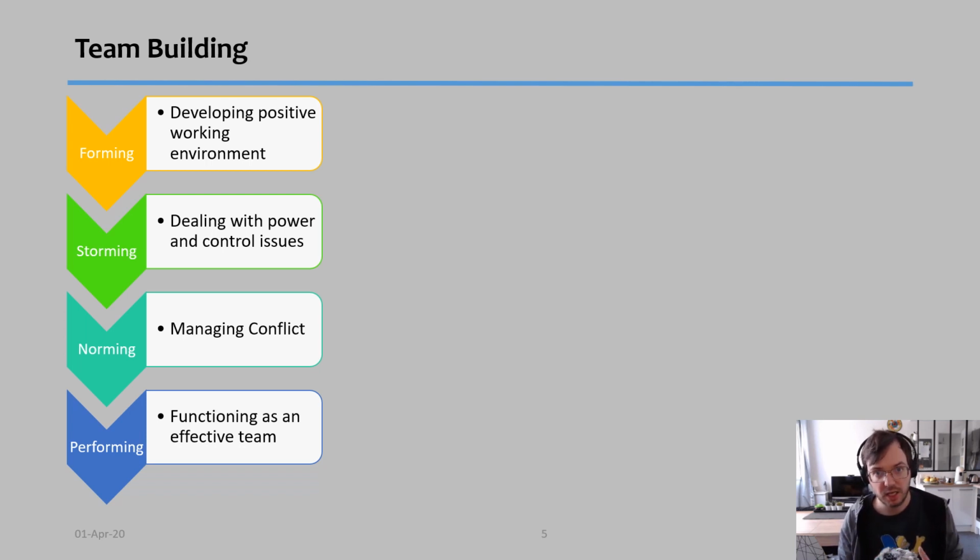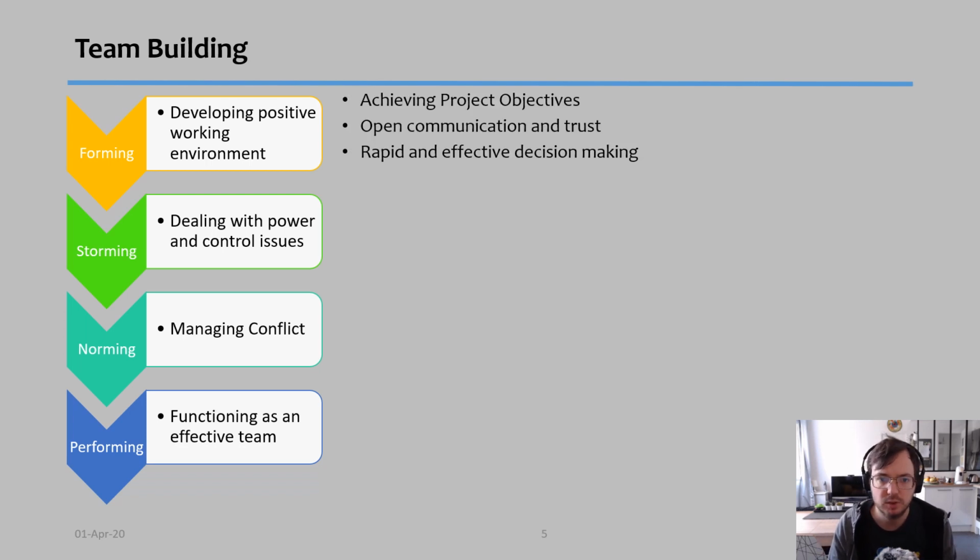The bigger the change, the bigger the duration of the storming phase. So what do you need to do? In each one of the phases, well, for the forming, your goal is to achieve the project objectives, to tell people what the objectives are, to have open communication and trust, and to have a rapid and effective decision-making